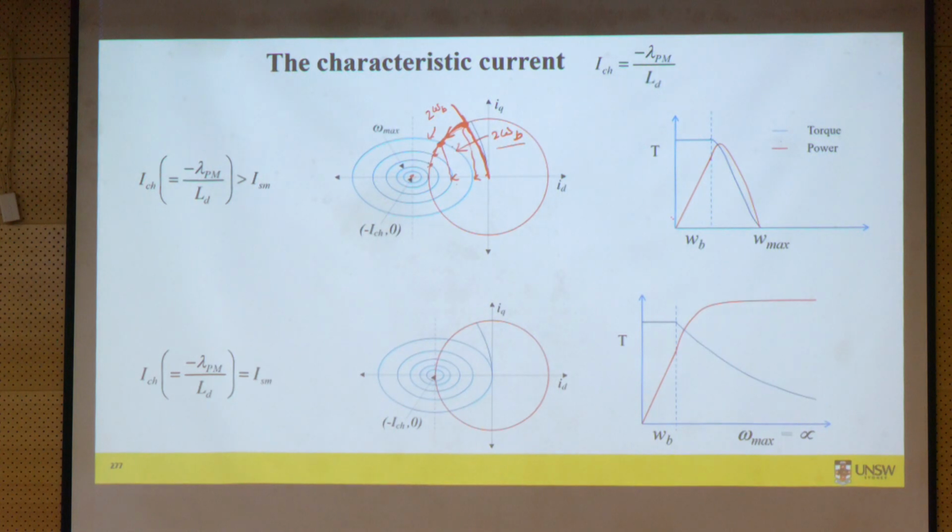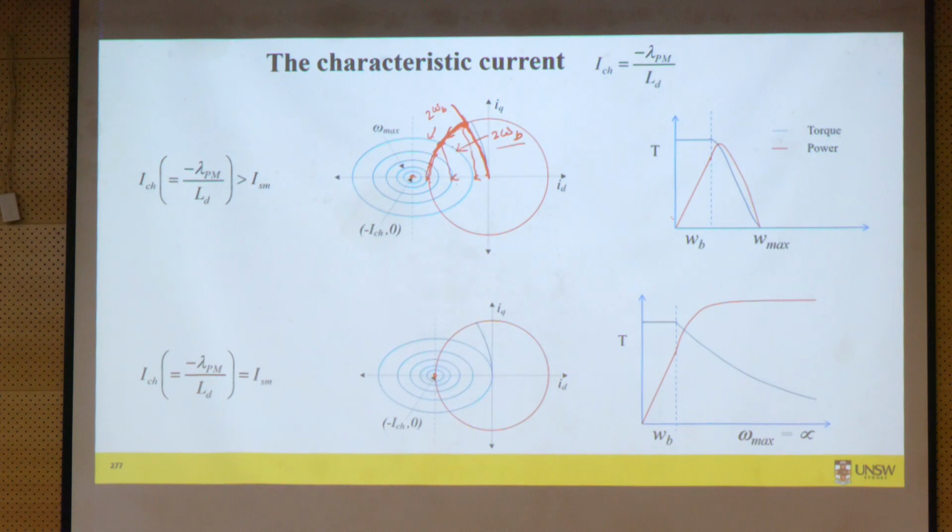So if its characteristic current is outside, my last point of operation will be here, okay. This is how I will be operating, and this will be my last speed. I cannot go any further. But if the characteristic is at the